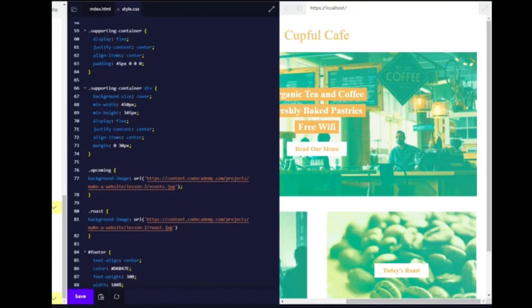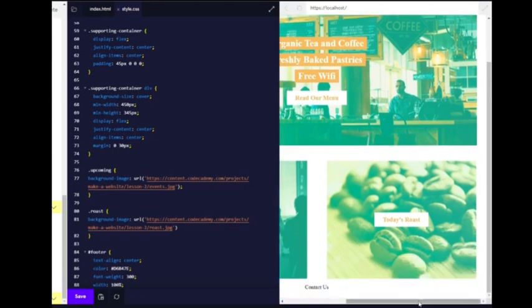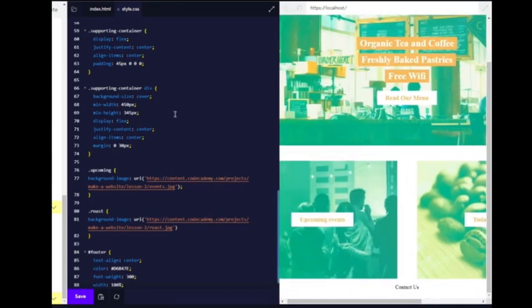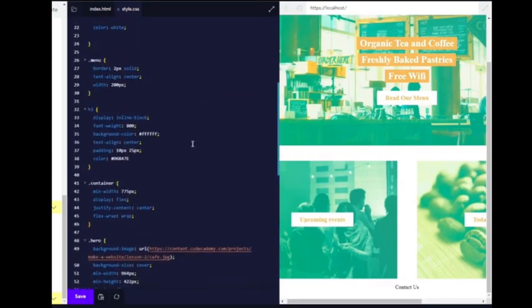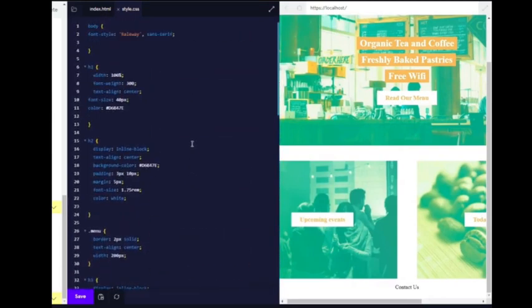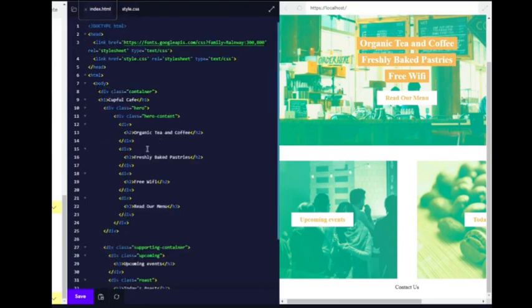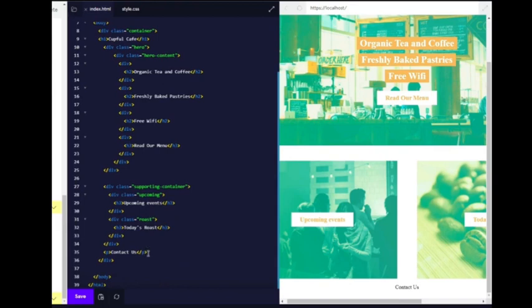Okay, so number 6, in index.html, locate the p element that displays the text contact us. So this text over here. Index here. I've got it here. Set the id attribute of this element to